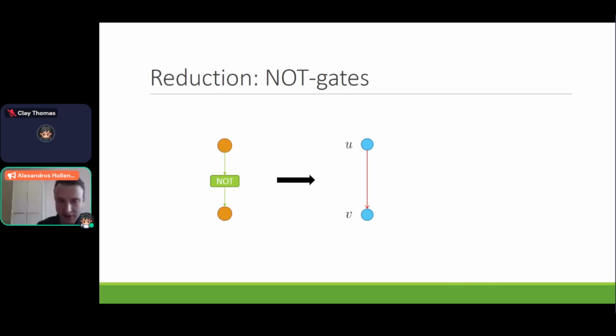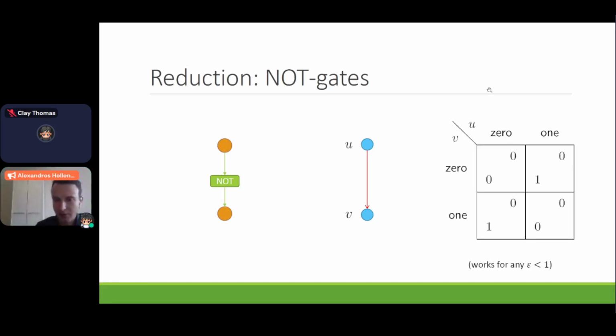And so if you have a NOT gate like this, there will be a corresponding player for the input node and a corresponding player for the output node. And what you need to do is just define the game that they're playing between them, okay? And I've put an arrow pointing from U to V here to indicate that V cares about what U plays, but U is actually not going to care about what V plays. And what we want now is just to enforce the NOT gate.